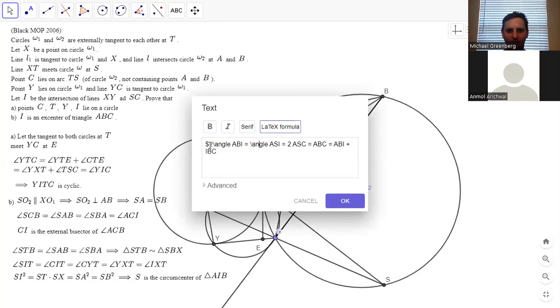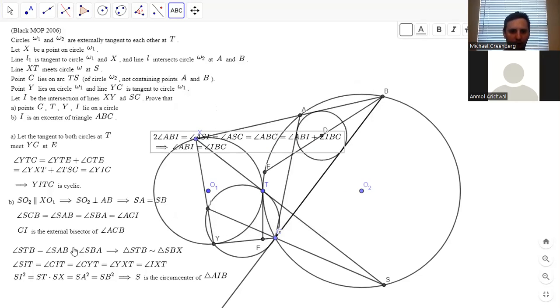It's ASI, ASC. And this means that angle ABI equals angle IBC. And basically that solves the problem because